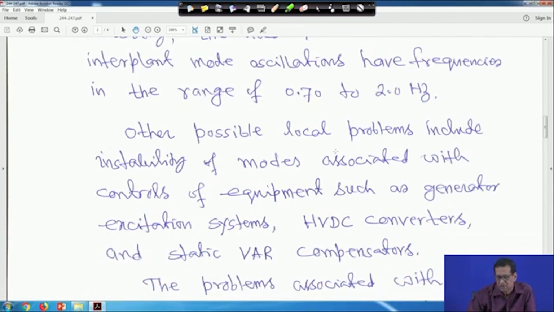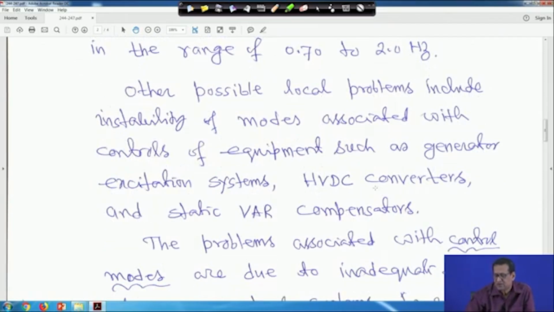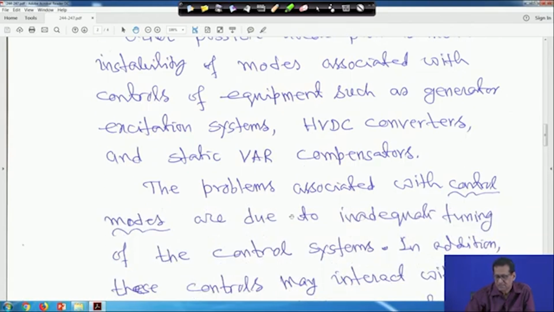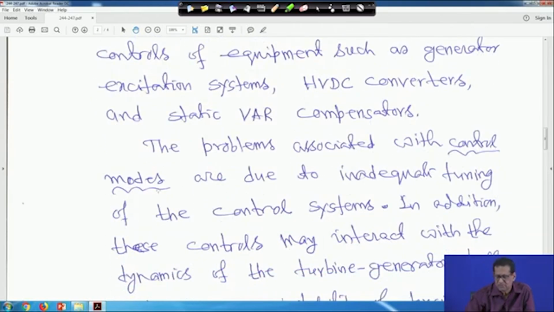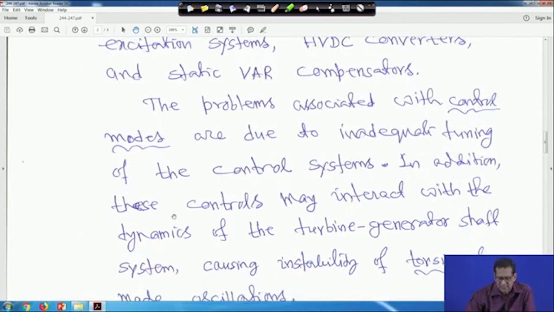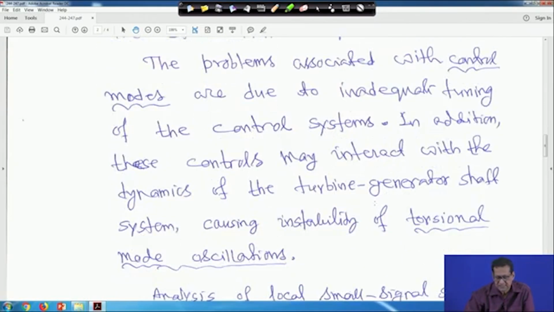Other possible local problems include instability of modes associated with controls of equipment such as generator excitation systems, HVDC converters and static var compensator, that is SVC. The problem associated with control modes is due to inadequate tuning of the control system. The control parameters have to be optimized, or proper tuning is necessary. In addition, these controls may interact with the dynamics of the turbine generator shaft system, causing instability of torsional